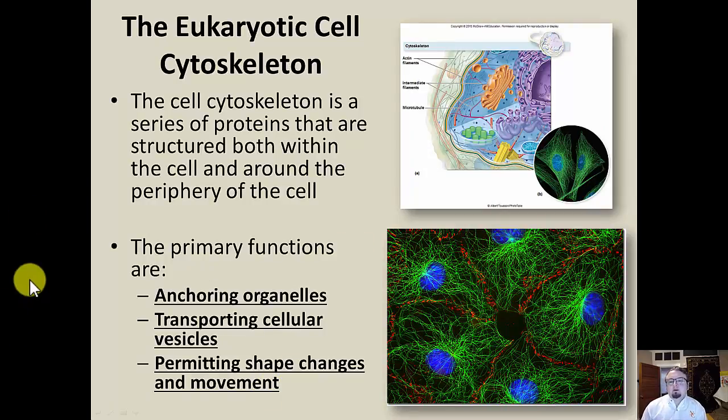Okay, the next thing I want to talk about is what's called the eukaryotic cell cytoskeleton. The cytoskeleton is essentially a group of proteins that help make up what I like to think of as the scaffolding and the structural beams of the cell. So you can almost think about a large building, and you have to have support beams, and you have to have reinforcement around the outside of the building. You have to have this architectural design that allows the building to be supported on a large scale.